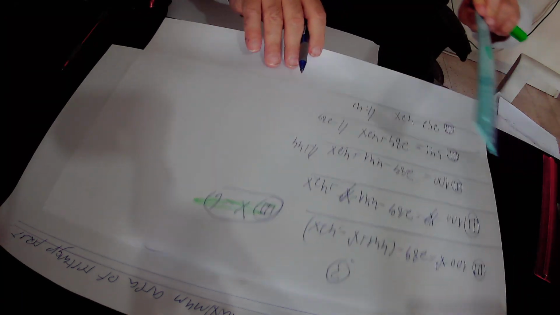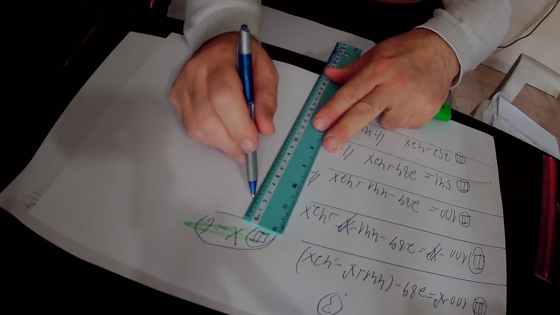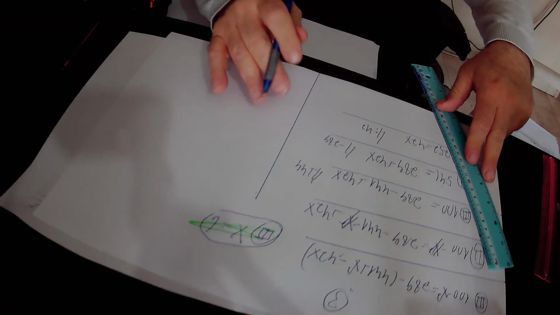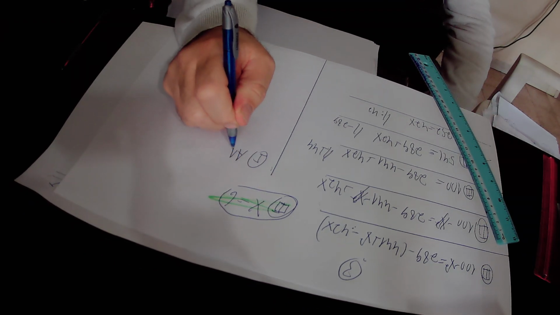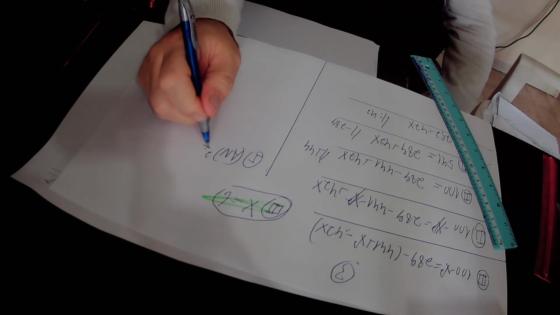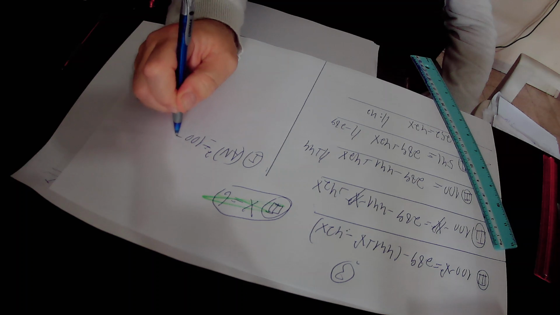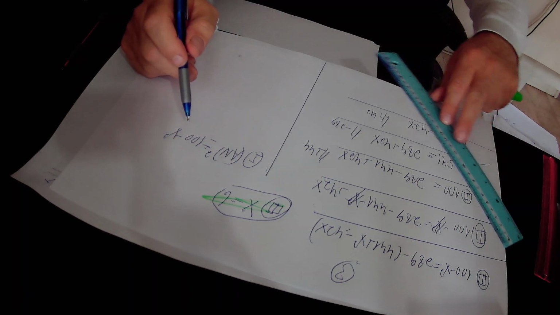According to equation 1, AN squared equals 100 minus x squared. And we have now found out that x equals 6, therefore x squared is 6 squared,